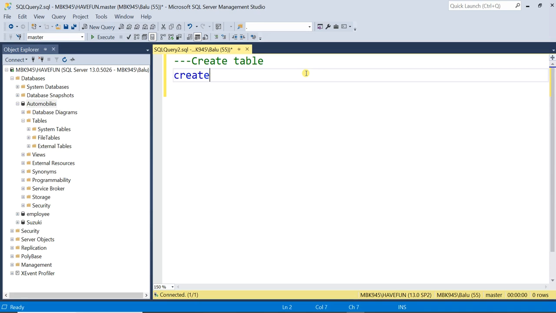Create table, table name. Here the table name is, let me give car, and give the data type along with the column name.